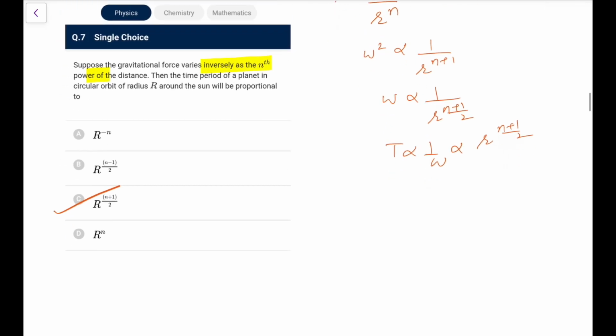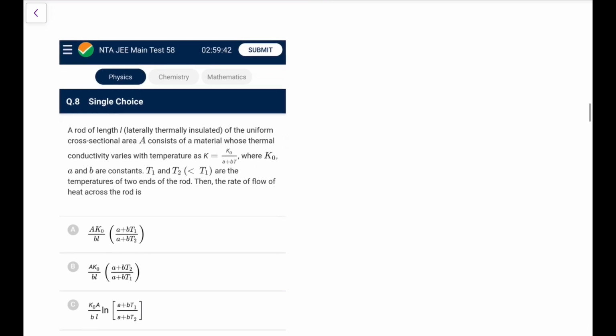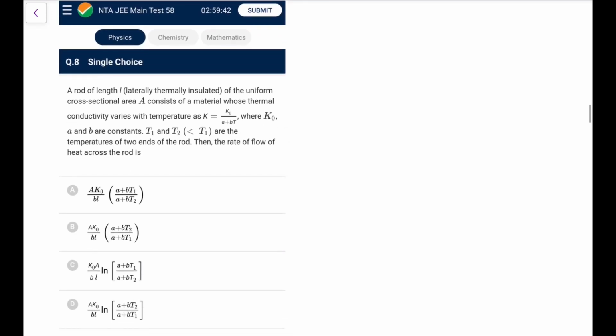So go for option C. This is a question asked many times. I remember the answer. You might be remembering this too. A rod of length L, laterally thermally insulated, of uniform area A, consists of material whose conductivity is a